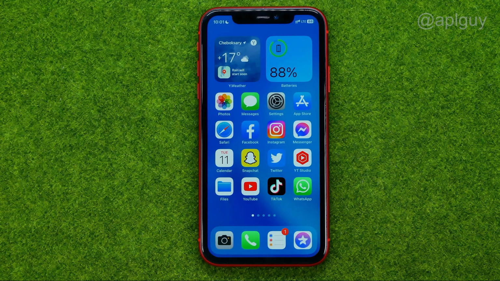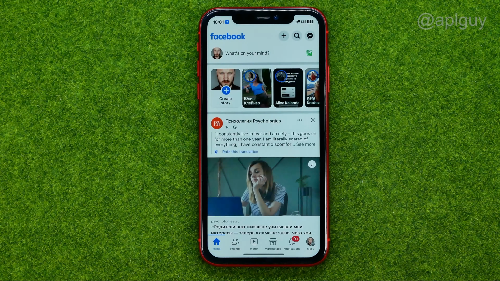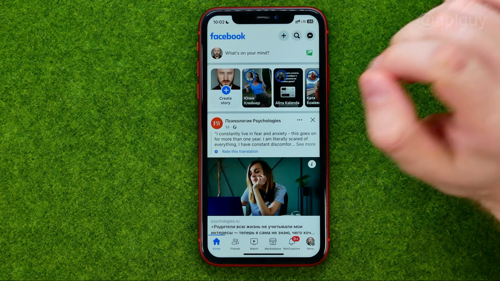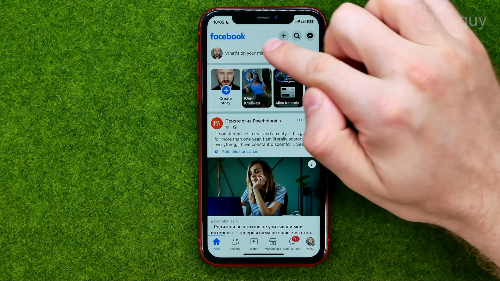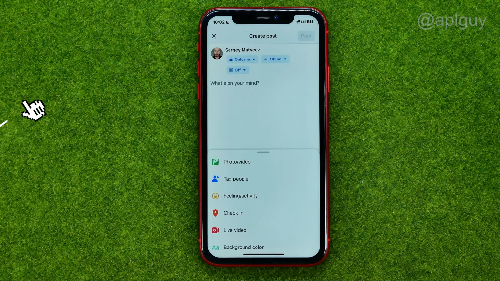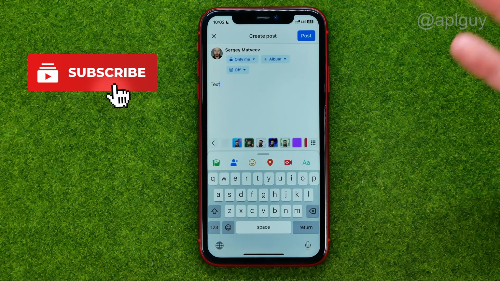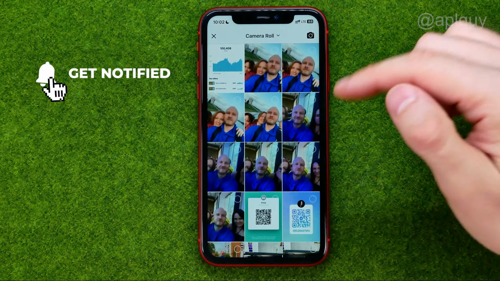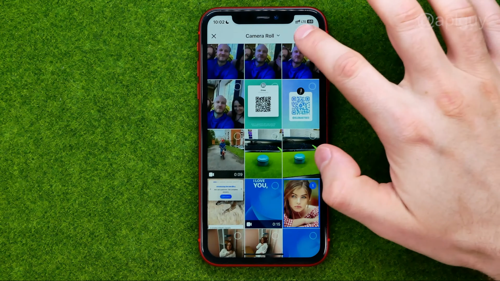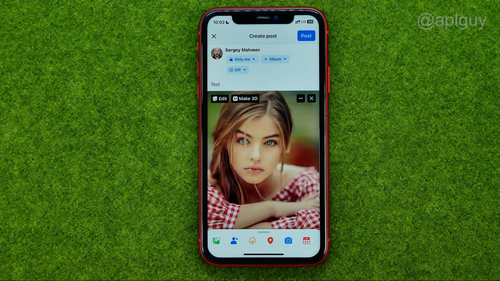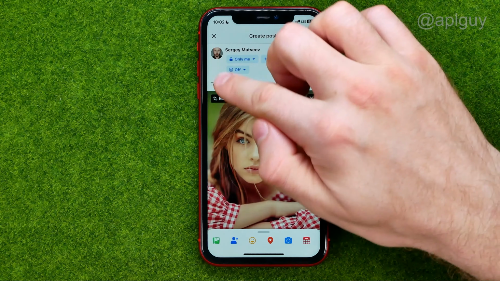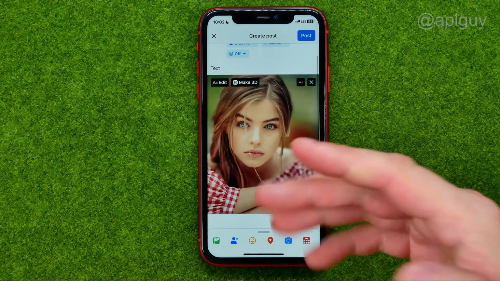Let's get started. First off, open up the Facebook app and now let's make a post. To do that, we need to tap where it says what's on your mind, and then we can enter some text. We can attach a photo, and also we can configure all these settings, or we can tag